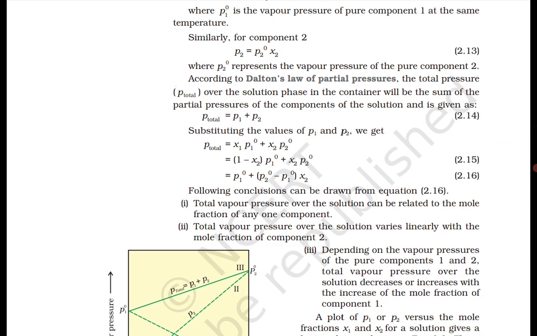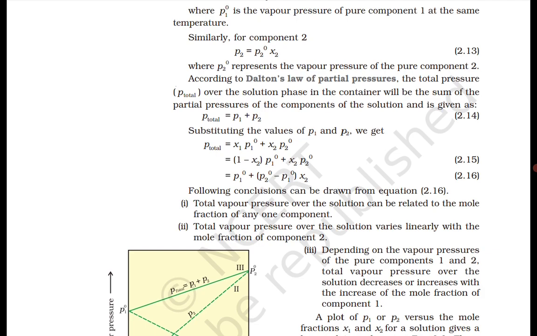Substituting the values of P1 and P2, we get P total equals x1 P1 naught plus x2 P2 naught, equals (1 minus x2) P1 naught plus x2 P2 naught, equals P1 naught plus (P2 naught minus P1 naught) x2. (2.15)